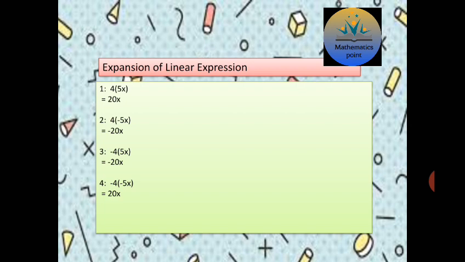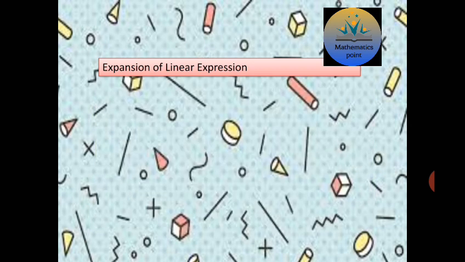In the first, both the terms are positive. In the second, the inner term is minus, so we got a minus sign with the answer because we have two terms with opposite signs, plus and minus. Then again in the third situation, minus sign outside the bracket and the inner term is positive. Again in multiplication we have opposite signs, so the answer becomes minus. And in the last one, as I showed in the rules at the start of this lecture, whenever two minuses are multiplied, that becomes positive. So here all four rules and situations are fulfilled.